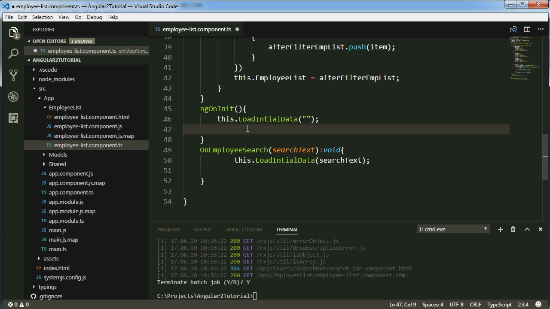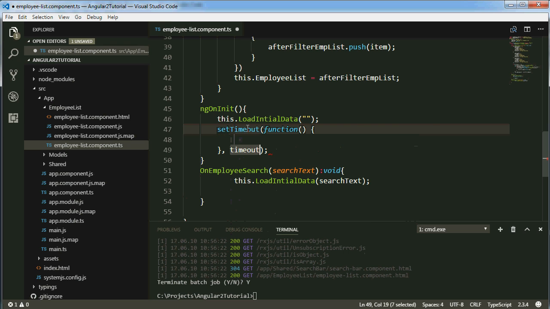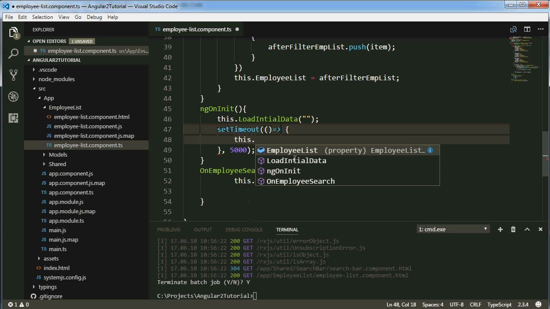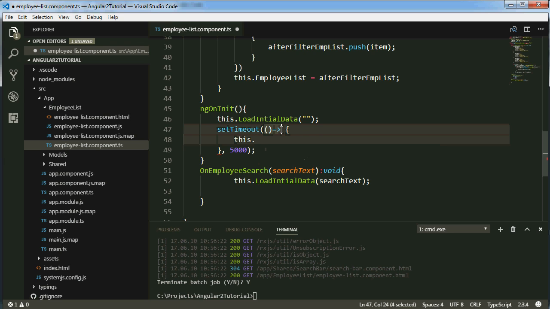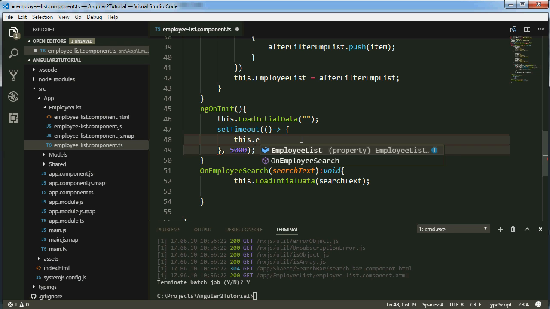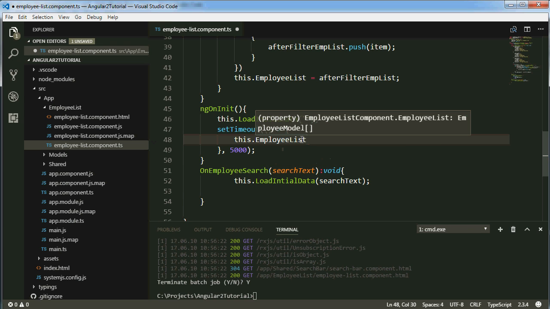So let me add set timeout method. Here I will add 5000 for delay. This 5000 means 5 seconds, and notice here I will write this way, so we can access this. Okay, this is available only when we will write code with this double bracket and arrow sign. Okay, so this.employeeList.push